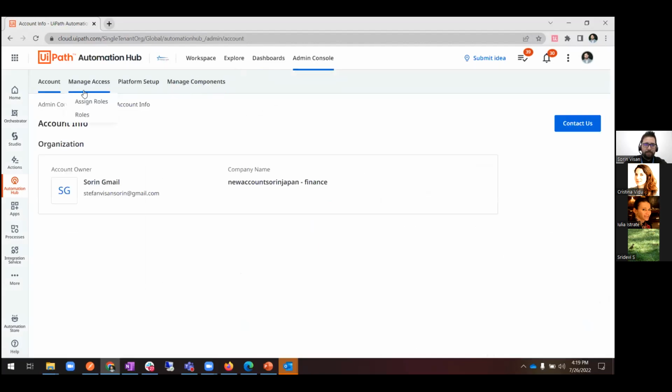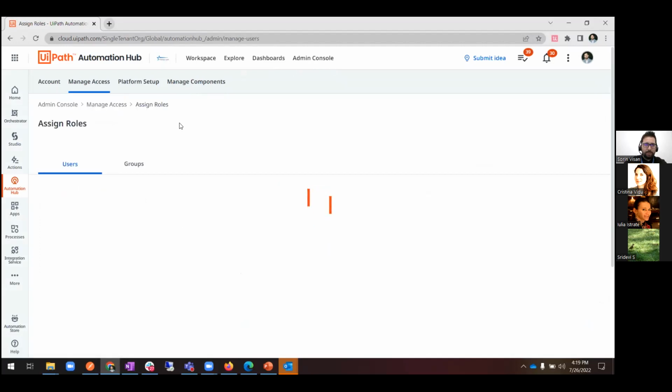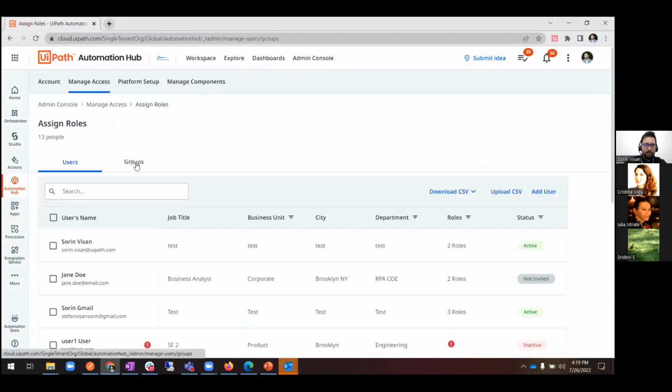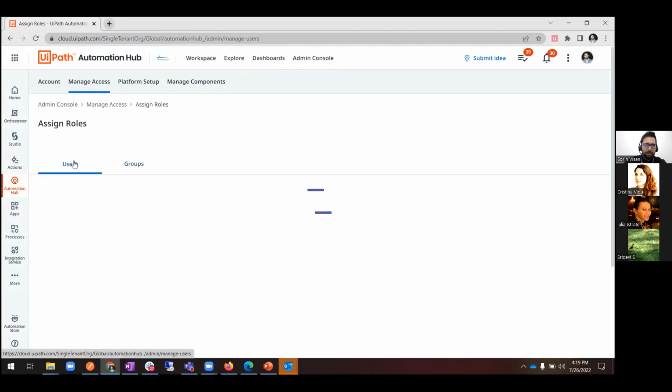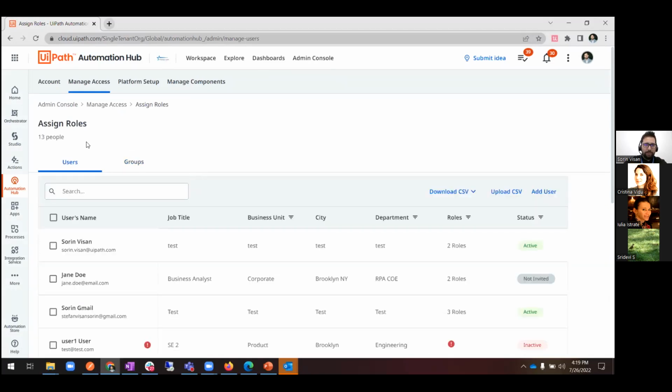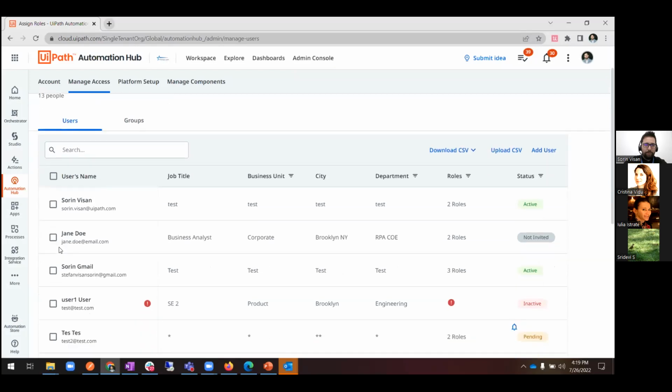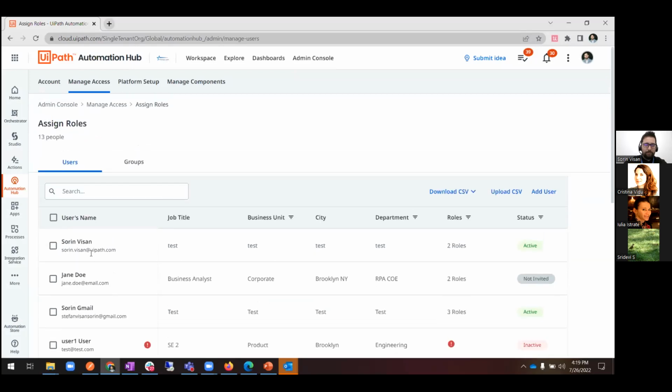And I'm just gonna take a quick peek at the manage access, and I'm going to focus on the groups. We're going to talk about the groups a bit later, but you can manage all of your users into one single tenant in here. You can manage also your groups into one single instance, and the way you want this to work in terms of separation is actually something that you will probably start from the platform